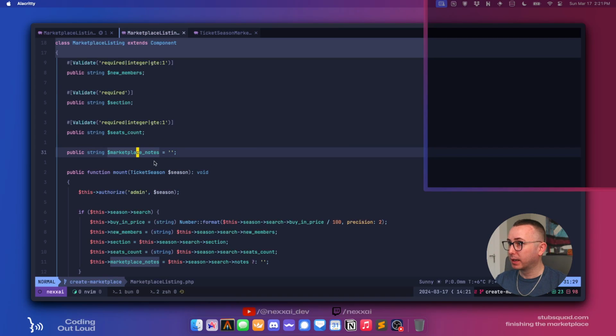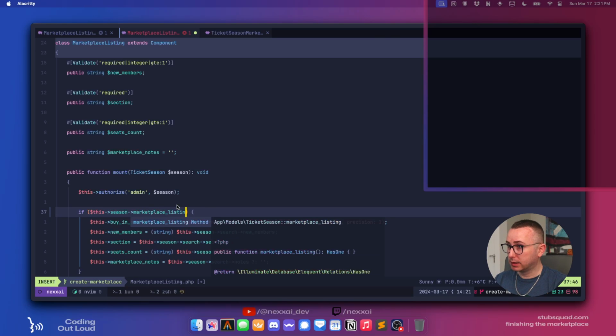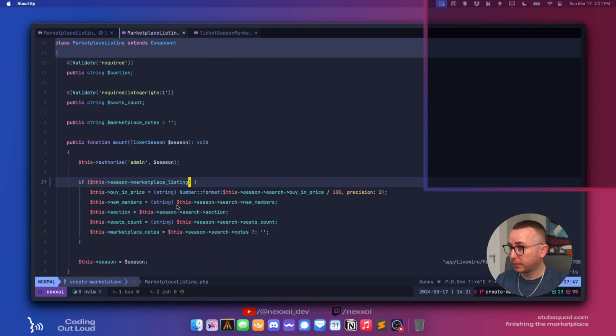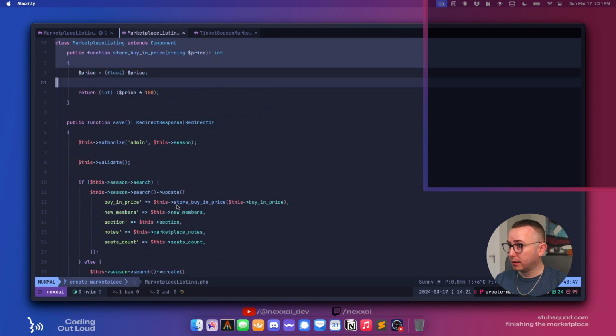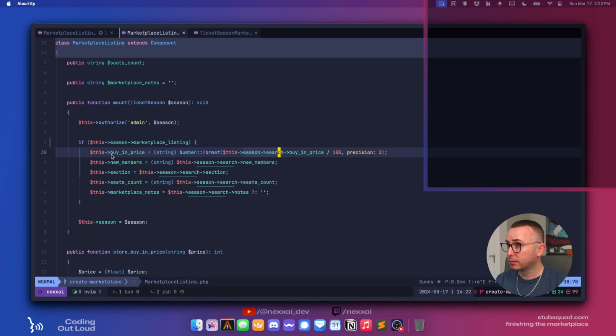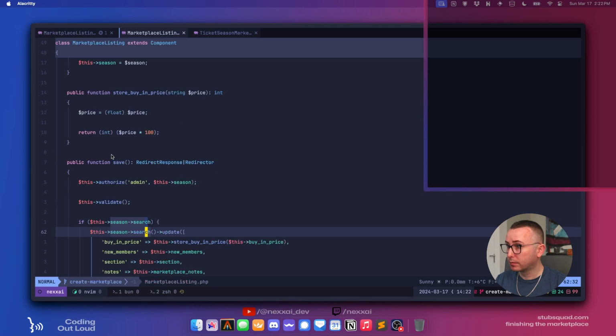Okay. So this is going to be ticket season marketplace listing. The season search. Marketplace listing.